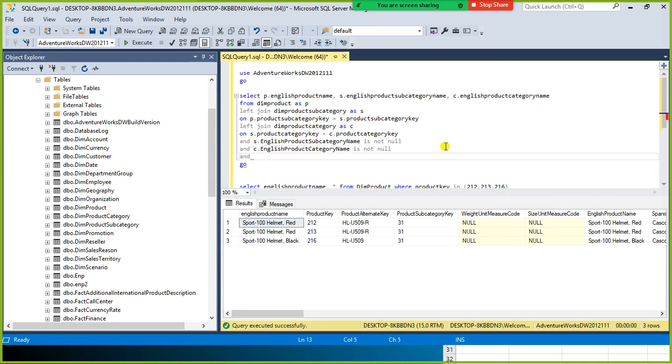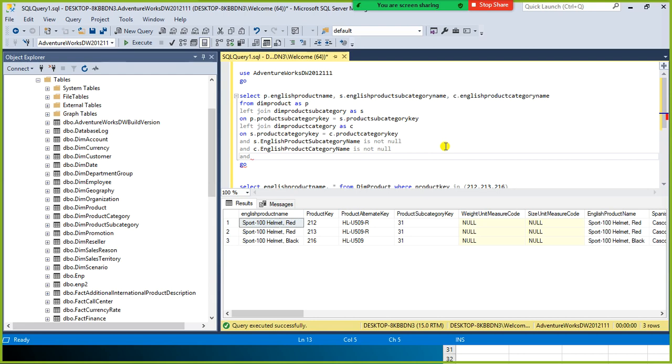And see, even in the dimension table, they maintain the history. Not only in the fact table, even in the dimension table also we maintain the history. As I discussed in the last session, as part of a data warehouse, we maintain the historical data. Historical data in the sense, the fact table in general, that is where we store the historical data.